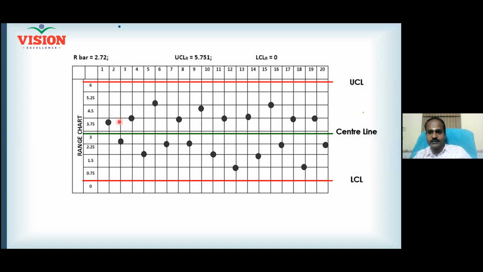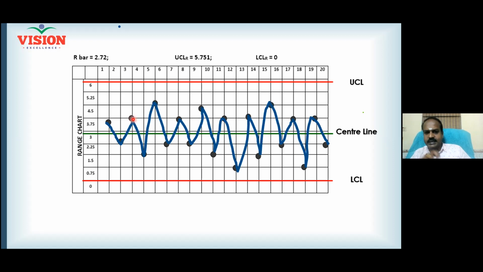Now you can connect the points one by one in the same order with a scale and a pen. Right? Connect 1 to 2, then 2 to 3, like that. It will go like this. The resulting diagram is called a control chart. It is very evident that your R chart is under control. If the R chart is under control, what does it mean? Can somebody tell me? Our process is Six Sigma? No. Process is not Six Sigma. The sample we are selecting is under the population. It's a stable process. Process is stable.